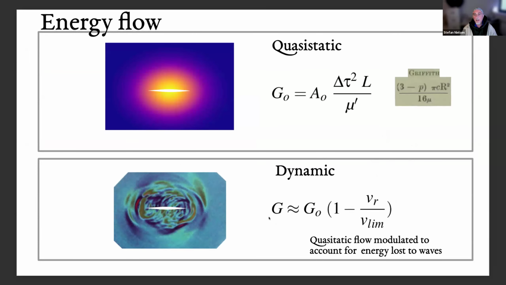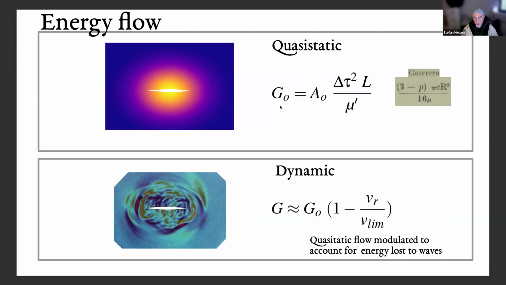And so the idea is that when you create a crack, you release elastic energy in the environment, which scales with the size of the crack. And if you increase the size of the crack, there'll be more energy available. And if you need energy to produce some new surface, then if this energy is sufficient, the crack is going to advance. And so we have the energy flow essentially produced by the crack per unit advancement.